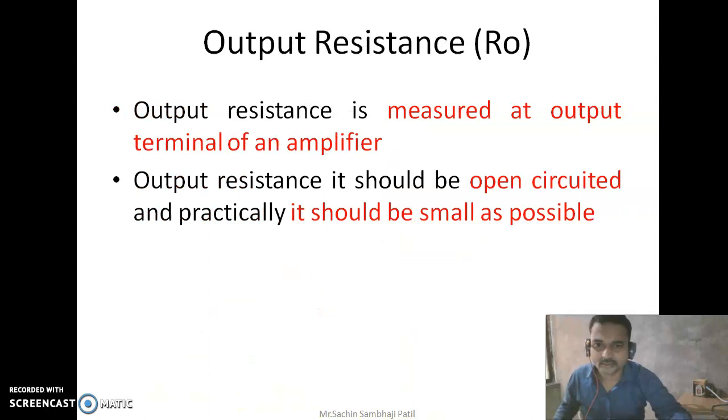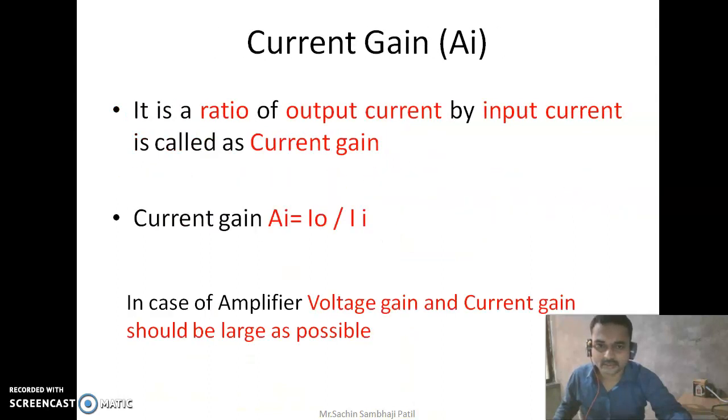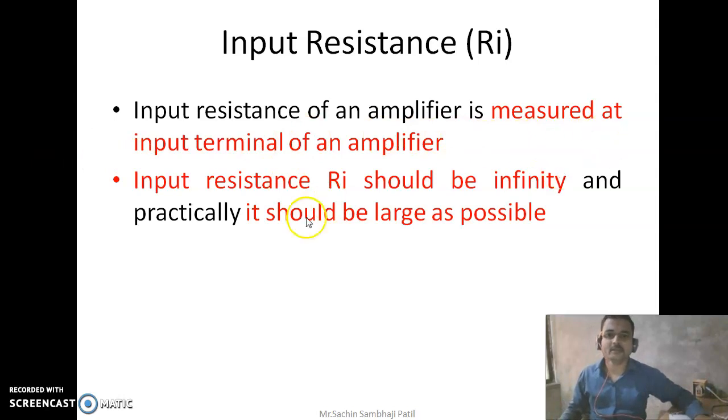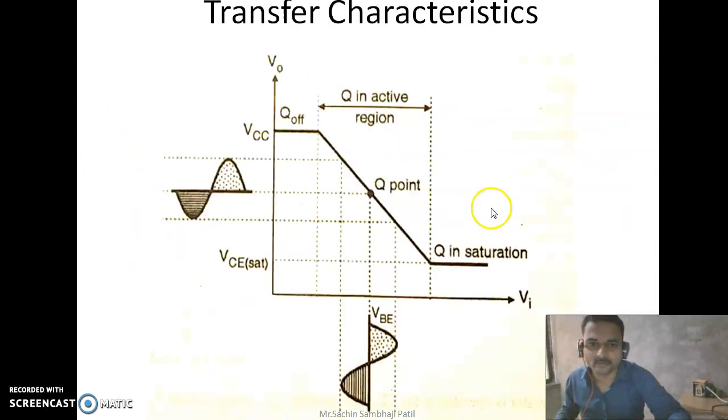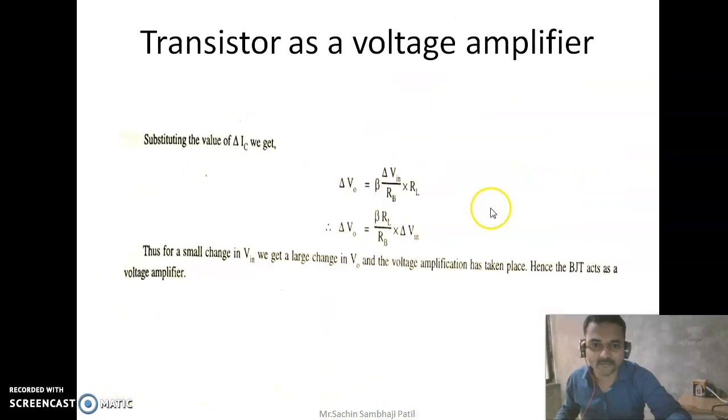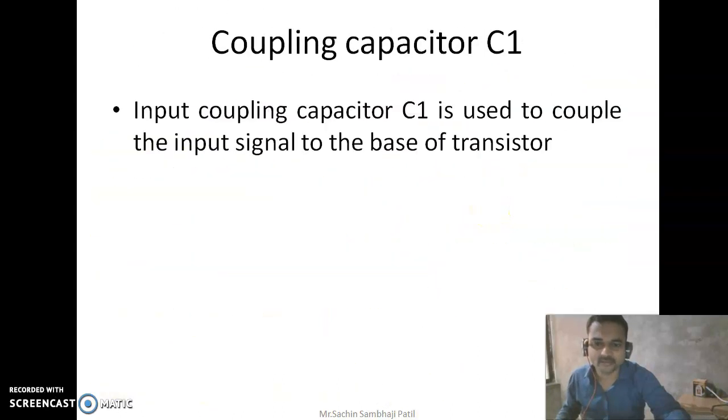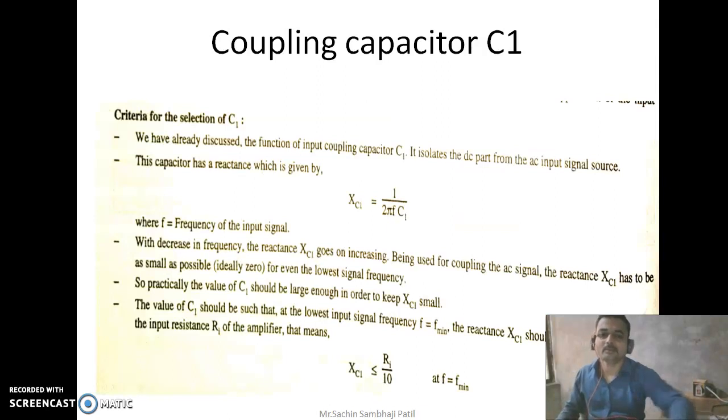In case of the transistor, which is connecting, the input impedance should be high, and the output impedance should be low. Because we are applying an AC input signal, for that purpose the input coupling capacitor value Xc1 should be small, so that the signal can be passed. So Xc1 is less than or equal to Ri by 10. Ri means the biasing resistance, R1 parallel with R2. Okay, that condition is necessary.